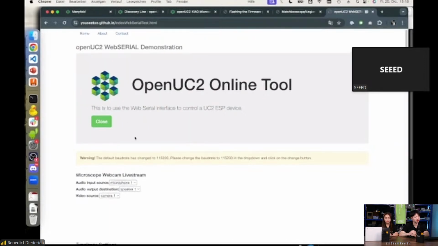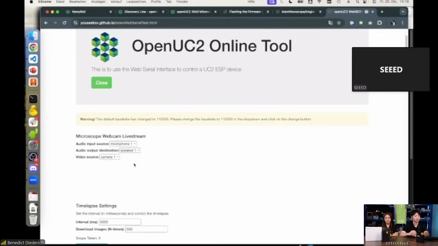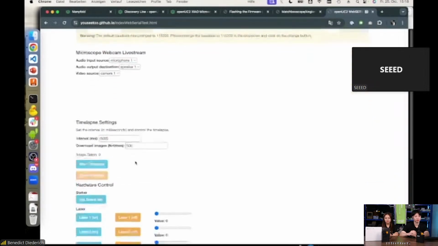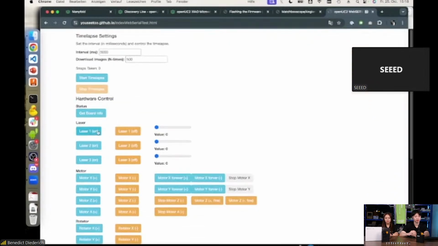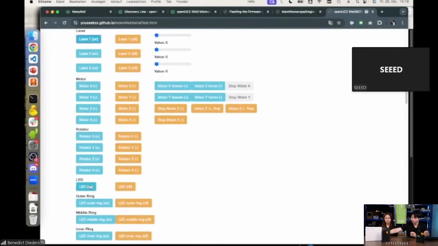So now we have a connection to the microscope here. And then you can turn on the pump, for example. In that case, it's called laser, but what you hear now eventually is the little peristaltic pump that is pumping water through the focus. So I'm also turning on the LED. And so when we go back to the live view here,